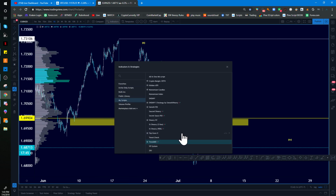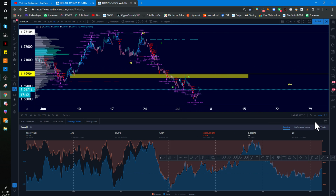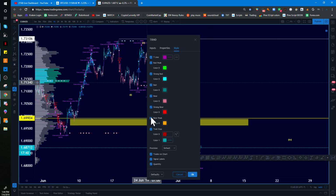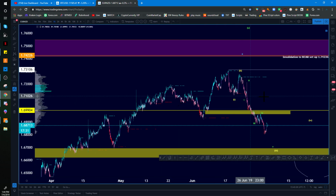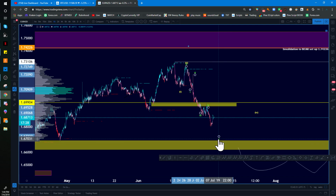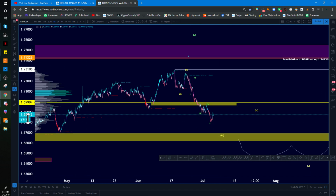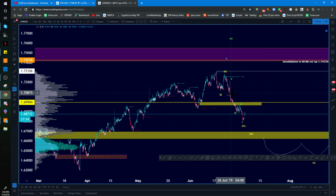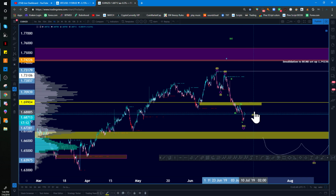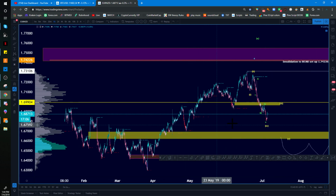I like the colors of this indicator. Anyways, just like I assumed, the consolidation over this, we move it down for another leg. It is very possible this was the end of this move. If we continue to consolidate, I'm targeting